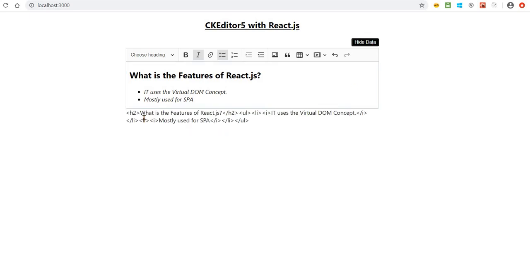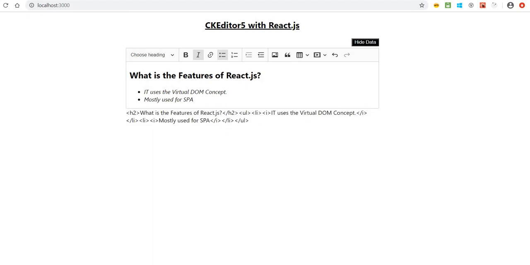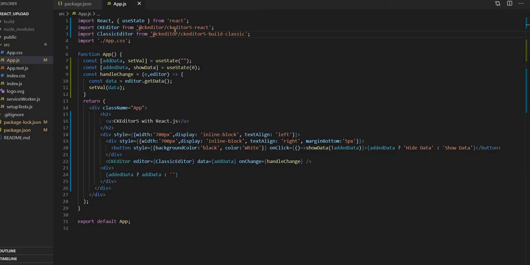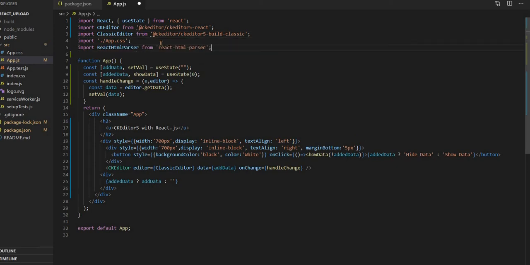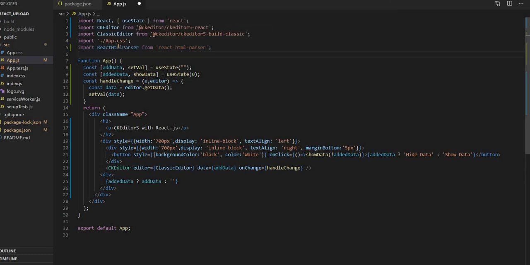So guys, what is happening here, we are getting the data with the HTML tags. To remove this, we have to add one library. You can install this with the npm command, npm install react-html-parser.